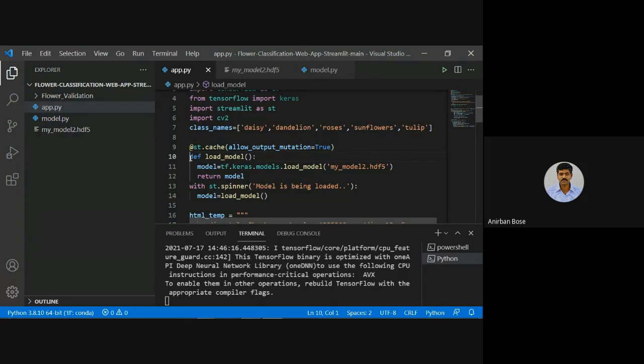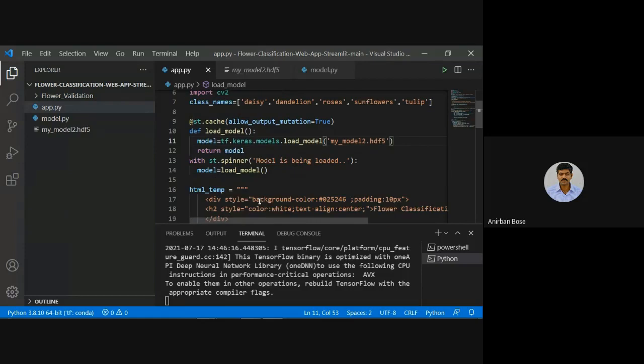Then we have given a very small function just to load the model. Basically, this one line, that you also know, how to load the model: tf.keras.models.load_model and give the model name. Here in this current folder, this model HDF5 is there, so I have just written that model name. If we call this load_model function, then it will basically return this model, and within this, our model will be there.